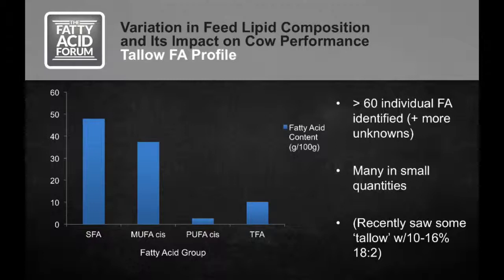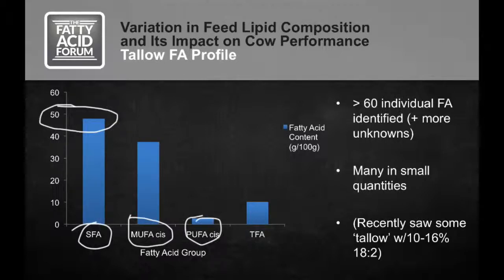In the examples we've recently had come back, tallow was represented by about 50% saturated fatty acids, primarily palmitic and stearic acid, whereas about 40% of the fatty acid present in tallow is monounsaturated, primarily oleic acid, with a small amount of polyunsaturates, and then some amount of trans fatty acids, which represented a wide range in number of individual fatty acids present in very small concentrations,